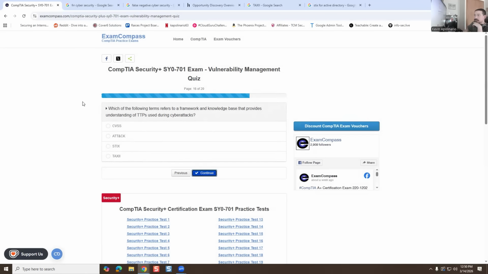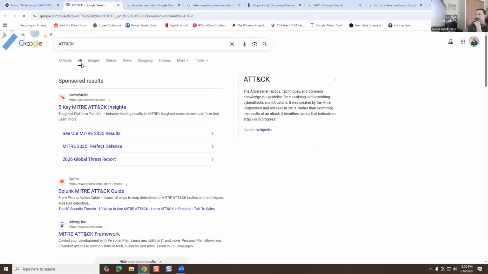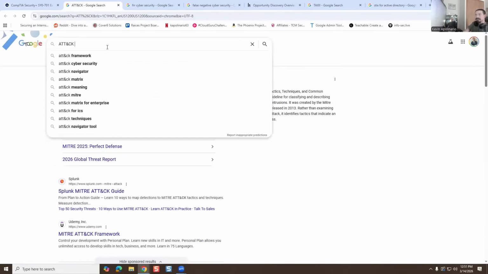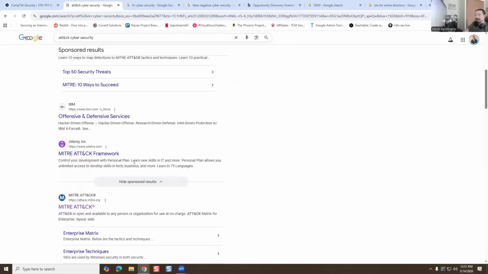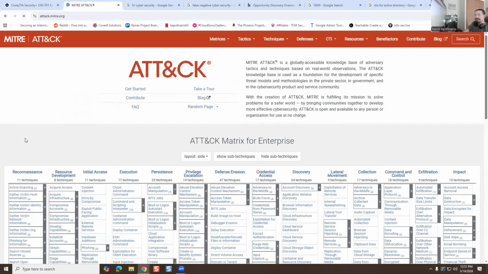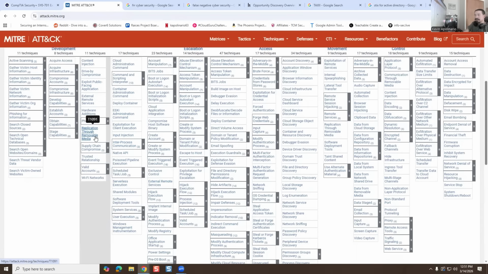Which of the following terms refers to a framework and knowledge base that provides understanding of TTPs used during cyber attacks? So it would be this one. And actually, you can look this up. This is MITRE ATT&CK. So you go into, yeah, here we go. I found it. It gives you all the different